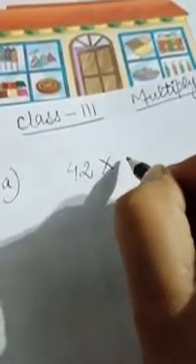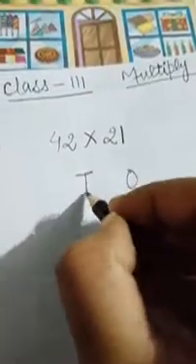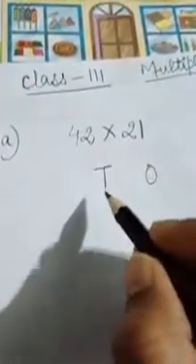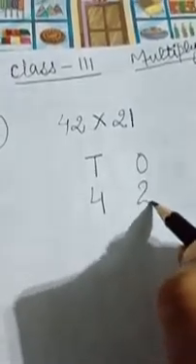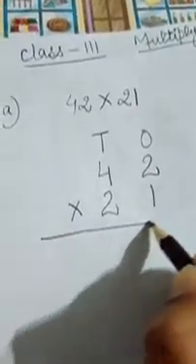Arrange the numbers in the columns and find the product. How to arrange? As you can see, this writing style is called arrange, in the columns. See here, I am going to tell you A part, that is 42 multiplied by 21. First of all we will arrange ones and tens. We will write 42 multiplied by 21 like this.